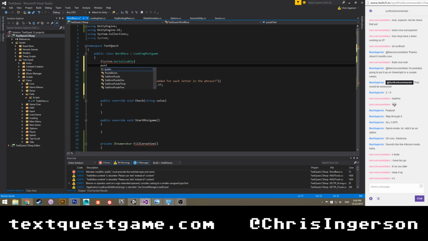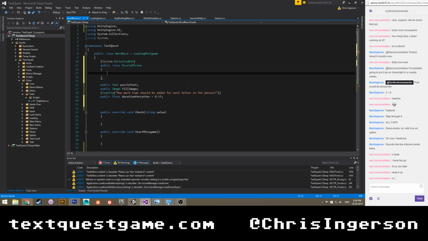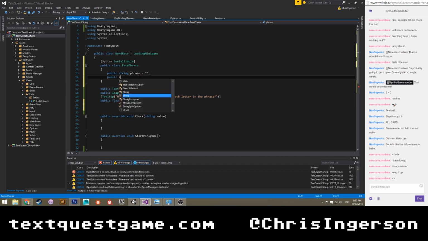System.Serializable public class puzzle phrase. Except it's not a puzzle, it's actually a race. Race phrase. Public string phrase equals that, and then public string output equals that.